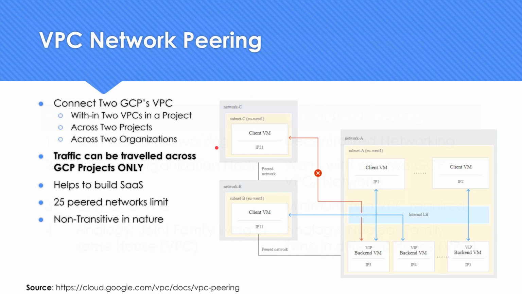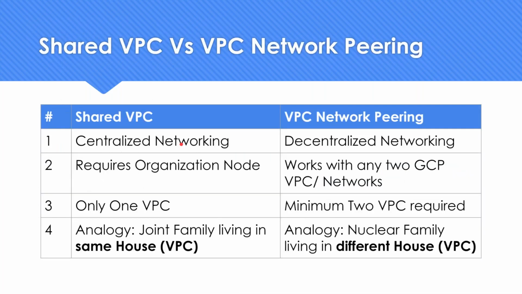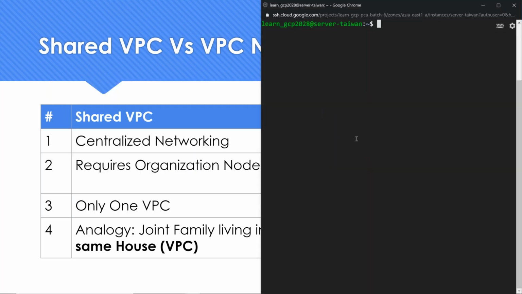A small comparison. So when it comes to shared VPC, it is centralized networking. We understood it. Everything you go change it in your one single firewall rule, or in your shared host project. You do everything in your host project. For all networking related stuff, go to your host project. But when it comes to VPC network peering, for example, say for example